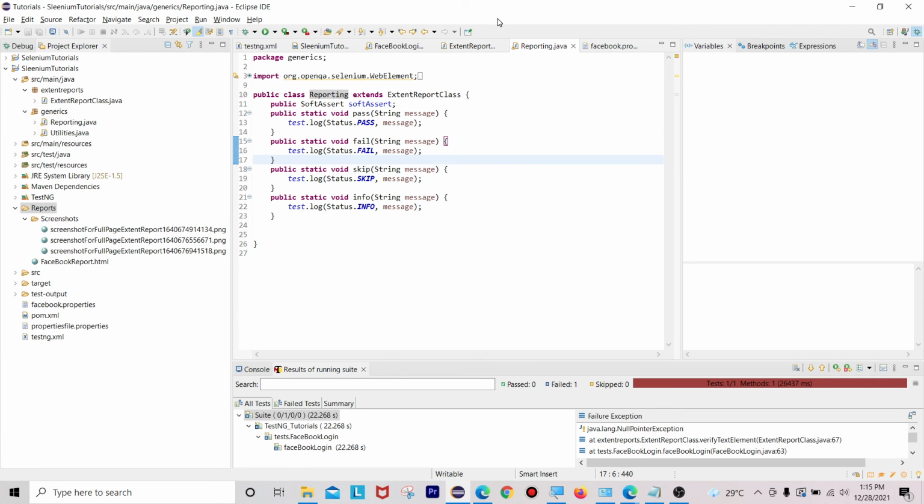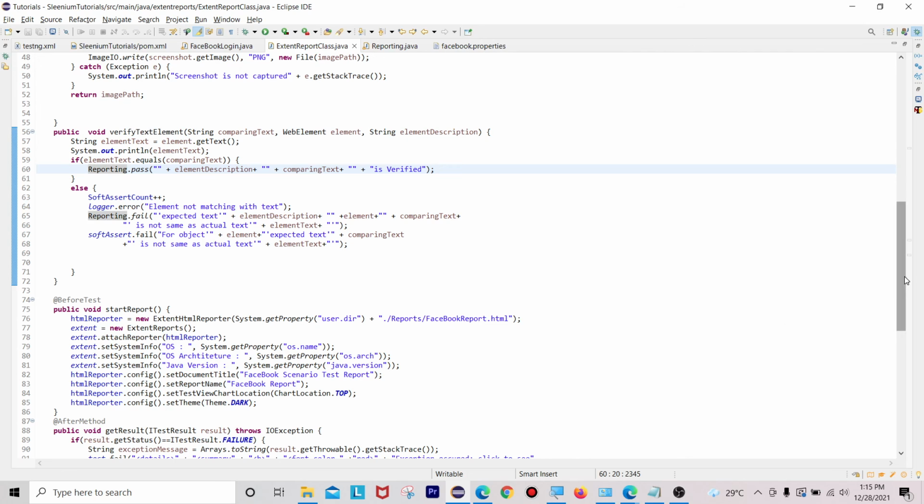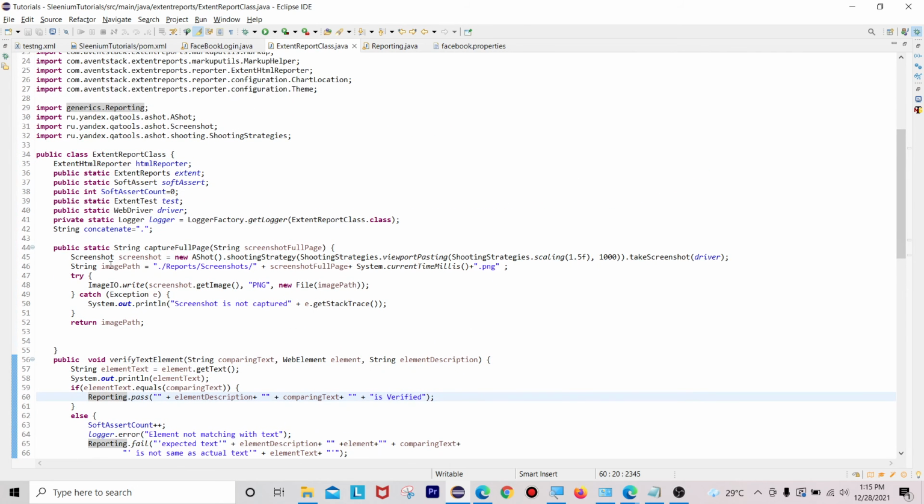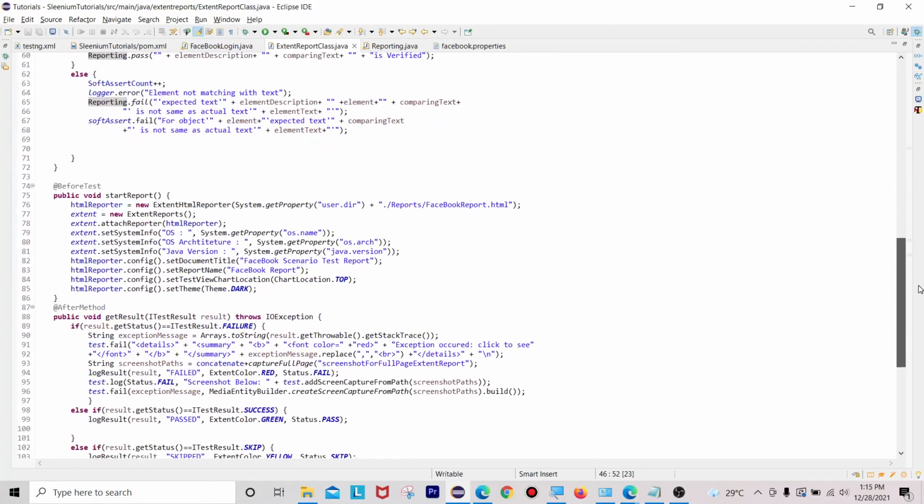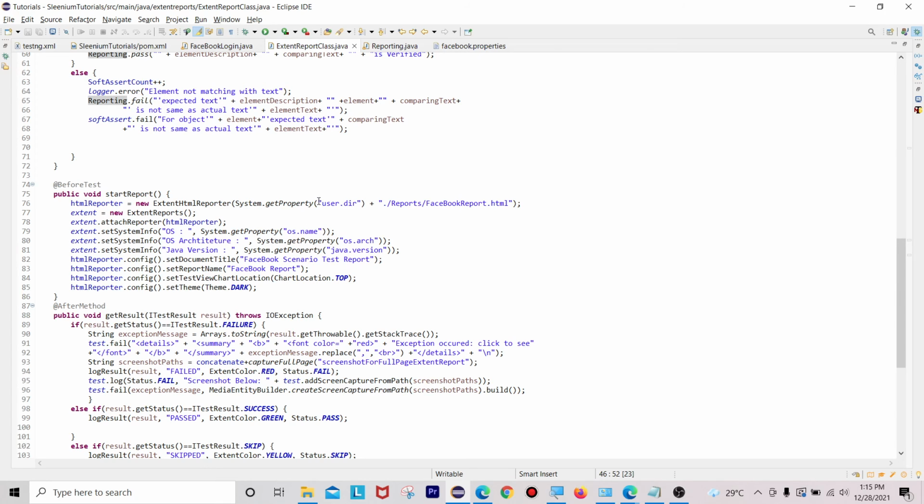Once that is done, if you go to your extent reports class, you can see that for capturing the full page I am not using System.getProperty of user.dir. If we do it that way, it will always take your own local directory. If you send the same along with your local directory to other people, they will get the same error, because that directory is not available on their machines. So that's why we have to use one dot operator here. It represents your current folder. But for extent reports we have to use System.getProperty of user.dir. For HTML files it won't cause any issue, because it will always store on any other machine.